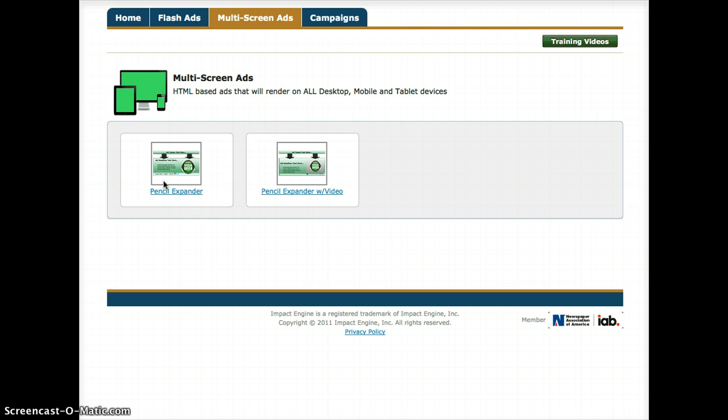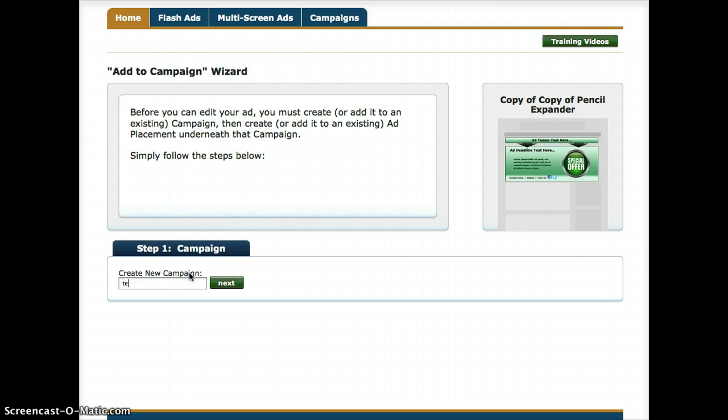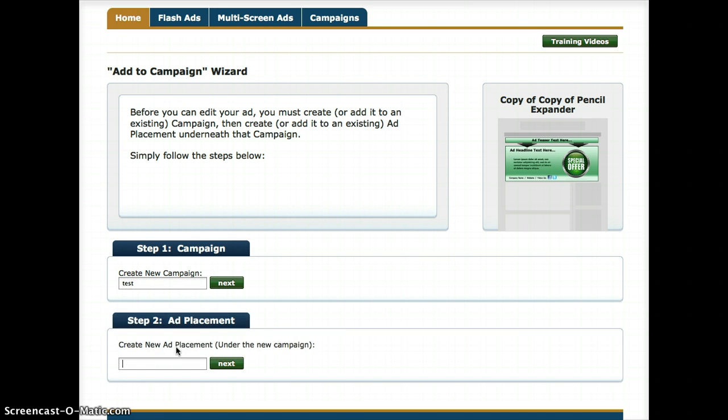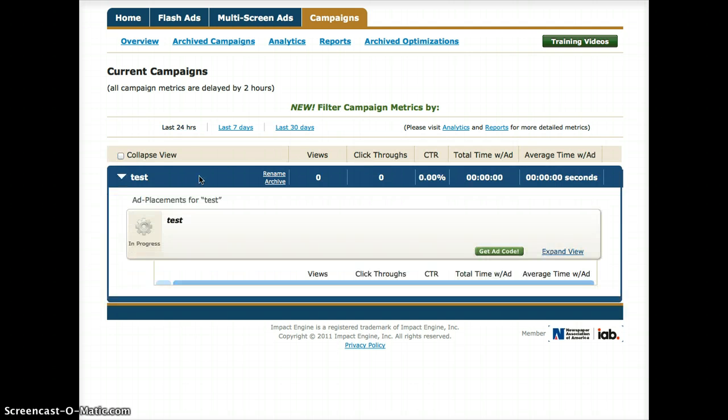However, you could include video in this ad and remove it from this if you like, and you'll see how that works in just a moment. So to actually select this ad, it works just like you're used to. You select the ad and then click on Add to Campaign and Edit. We will create a test campaign name, click Next, create an ad placement for this, click Next and Save, and this is going to add the ad to your